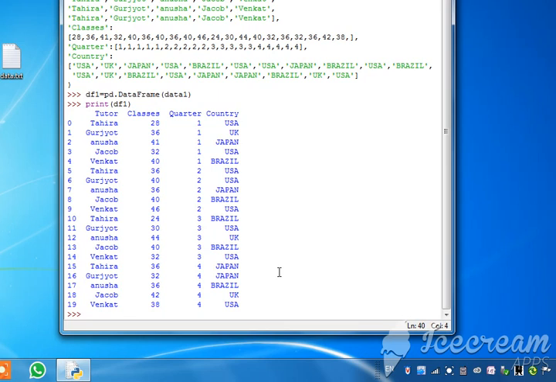Now some commands for analysis. We want to aggregate the data tutor wise. So see, the new variable we are creating, pvt1, is equal to df1.pivot_table, and in the pivot_table we will write index is equal to, what is our index? Index is our tutor. So we'll write tutor,